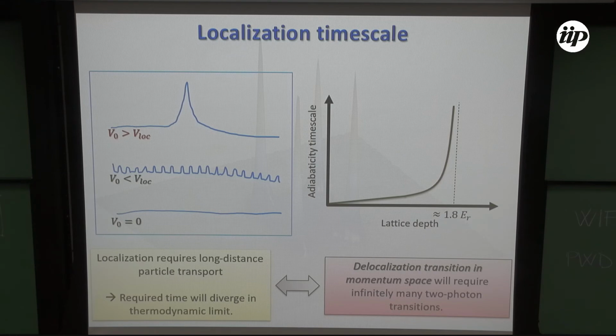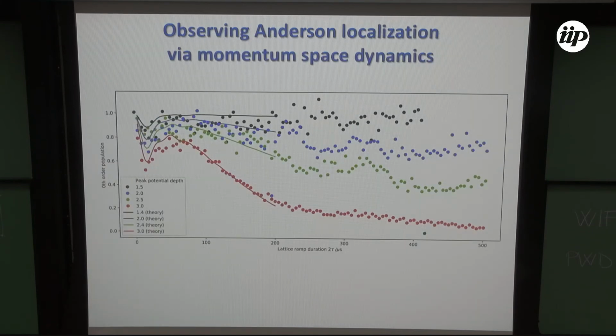And that's actually a very neat idea, because now we can have a look at what happens in the experiment. This is the number of particles remaining in the BEC after this ramp for different lattice depths. If you look at the black curve here, that's 1.5 recoil, below the localization transition. We can deviate a little bit away from 1, but then everything is basically back in the BEC for very long pulses. If on the other hand we go to 2, 2.5, or most drastically 3 lattice depths,